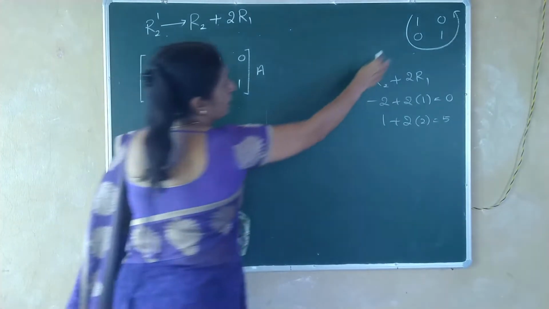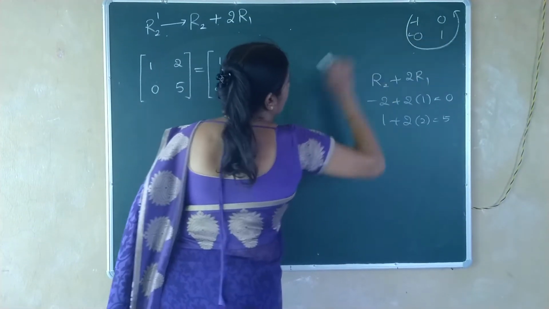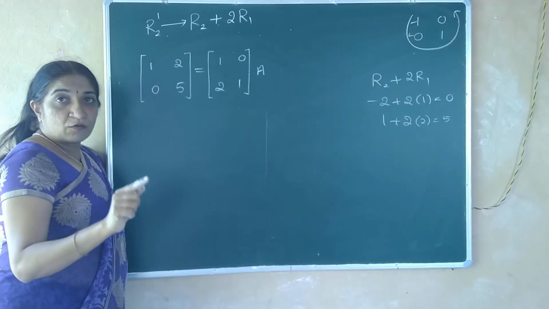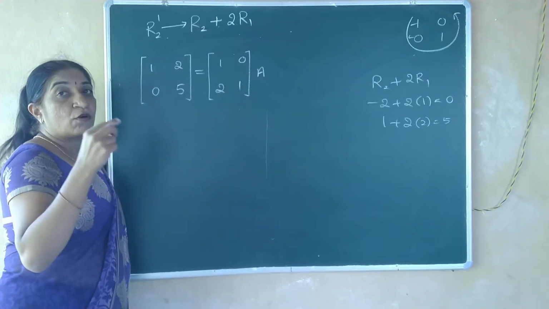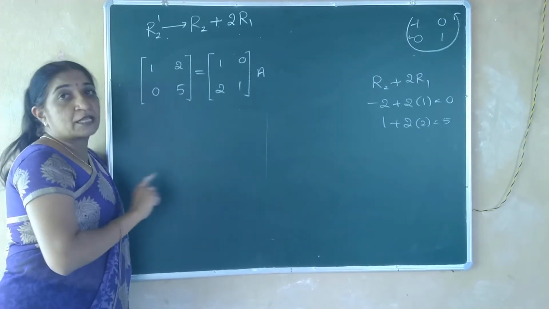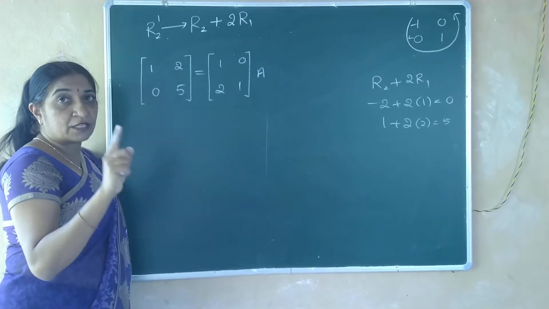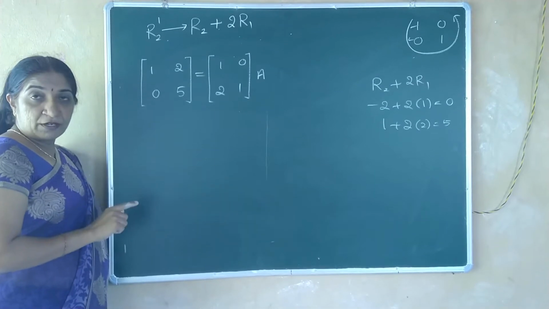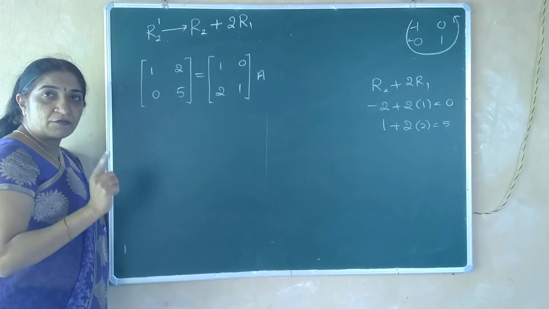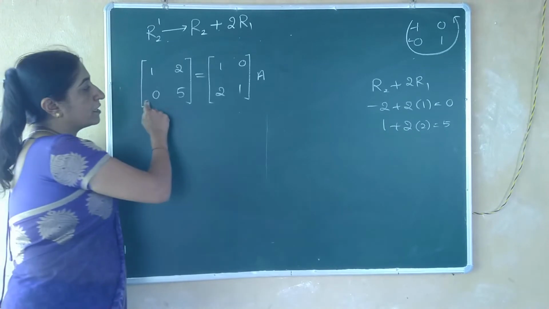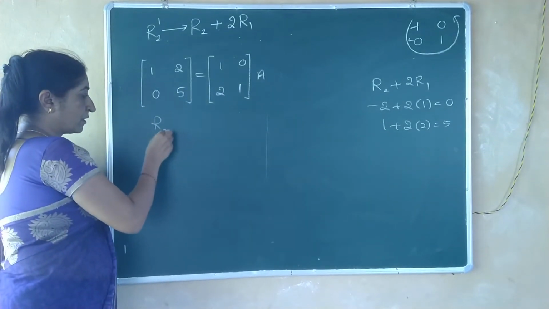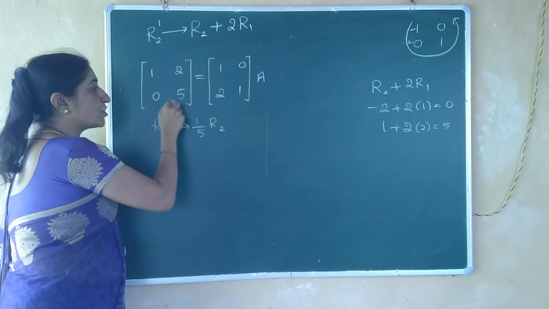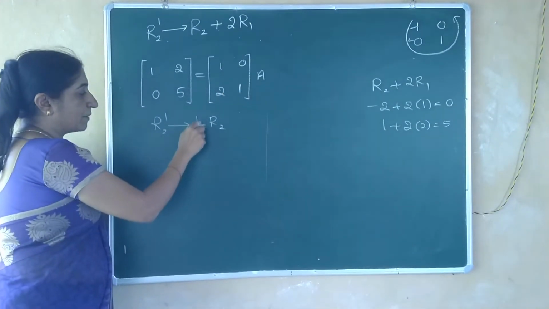So we converted this value, this value. Then moving to this. In place of 5 we have to make it 1. When you are converting any number into the form of 1, multiply by its reciprocal. 1 is obtained with the help of multiplication. What is the reciprocal of 5? Reciprocal of 5 is 1 by 5. 5 is present in which row? It is present in the second row. R2 dash is 1 by 5 into R2. Each element of the second row is multiplied with 1 by 5.